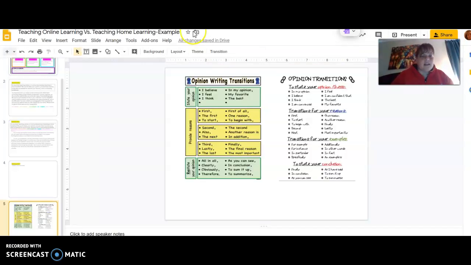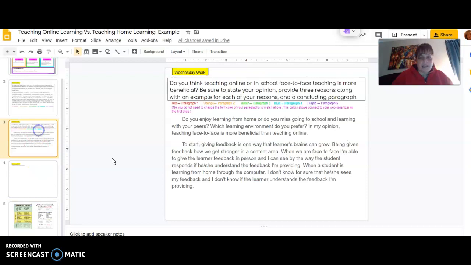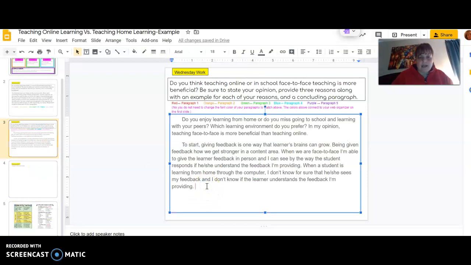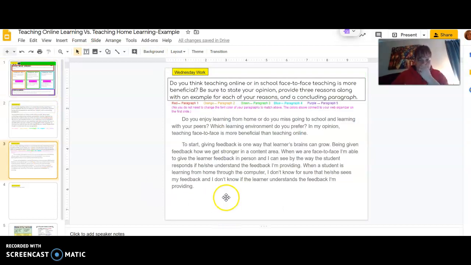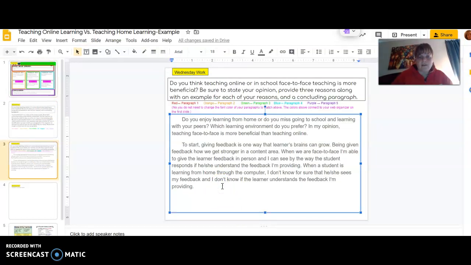So, whoops, I'm going to come back here. Now, because I'm giving an example for that reason, I'm still in the same paragraph. See, this is paragraph number 1. Here's paragraph number 2. So the example I'm giving is in paragraph number 2. So let me come back to this. I'm just going to add on to this paragraph, and I'm going to say, for example,